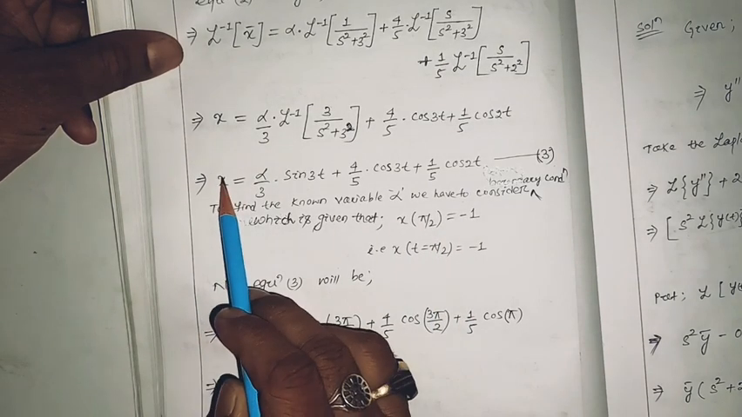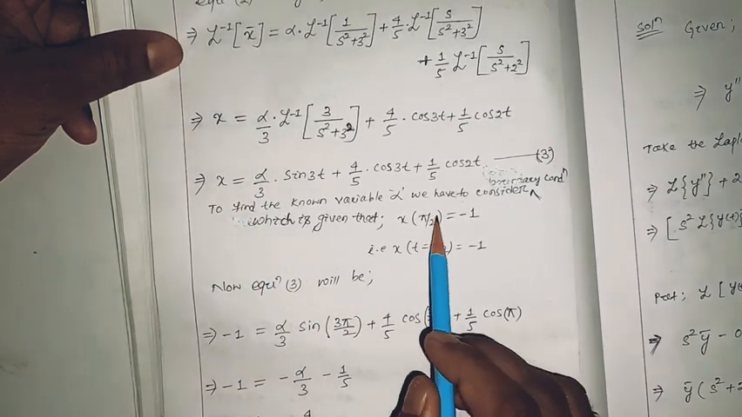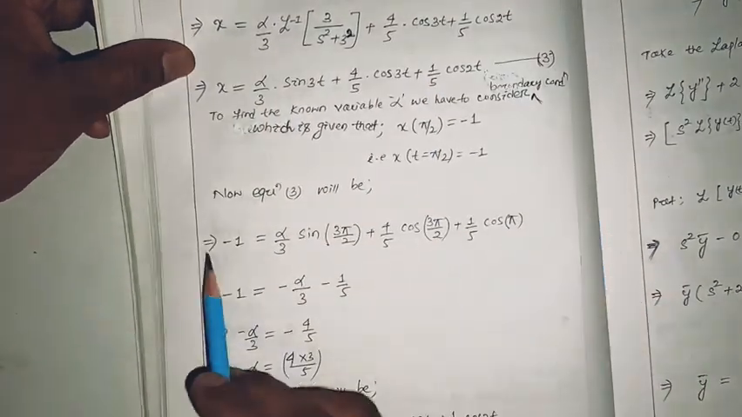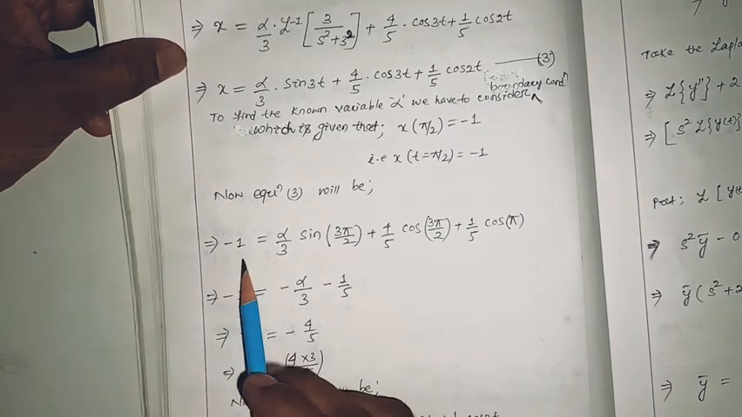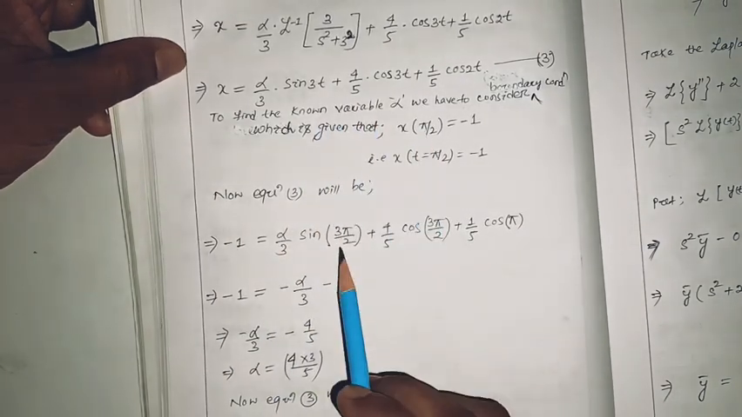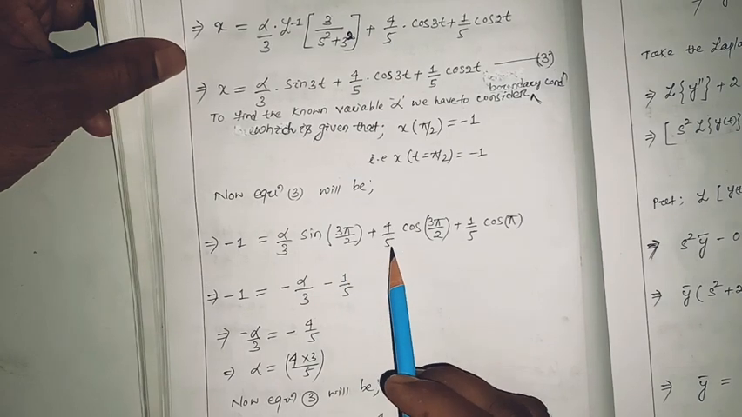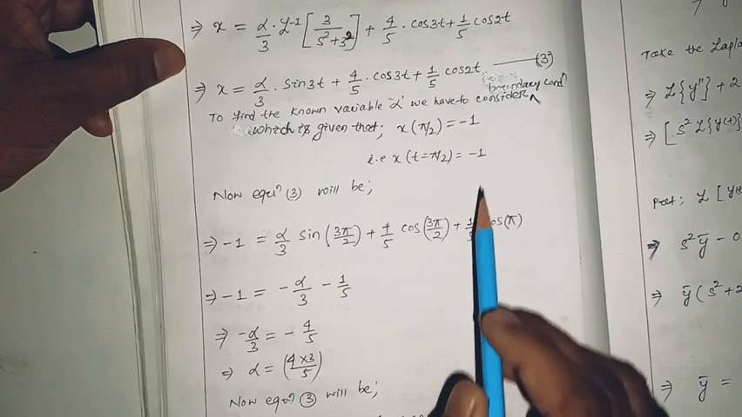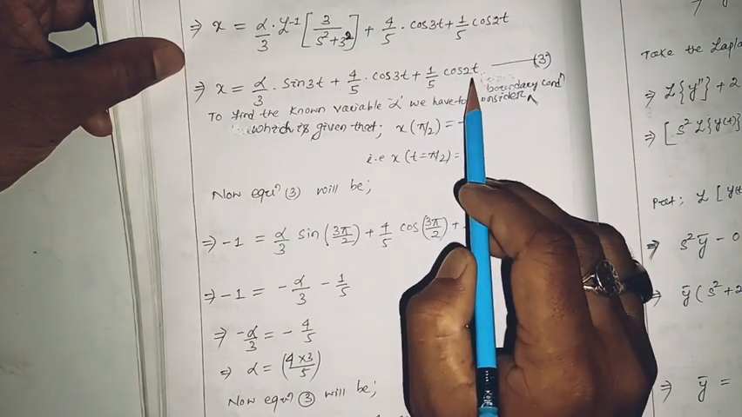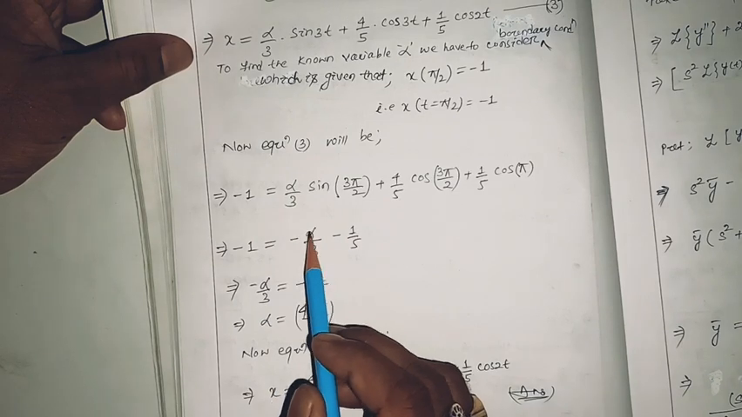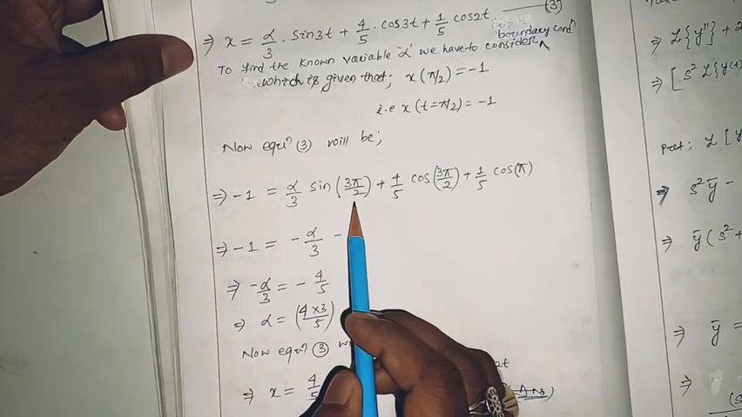So this value will be -1 when we consider t equal to pi by 2 for equation number 3. So -1, that means x will be -1 = alpha by 3 into sine, here t will be pi by 2, meaning 3 pi by 2, plus 4 by 5 cos 3 into pi by 2, plus 1 by 5 cos 2 into pi by 2, meaning pi. So -1 will be equal to minus, here 3 pi by 2 is nothing but -1,